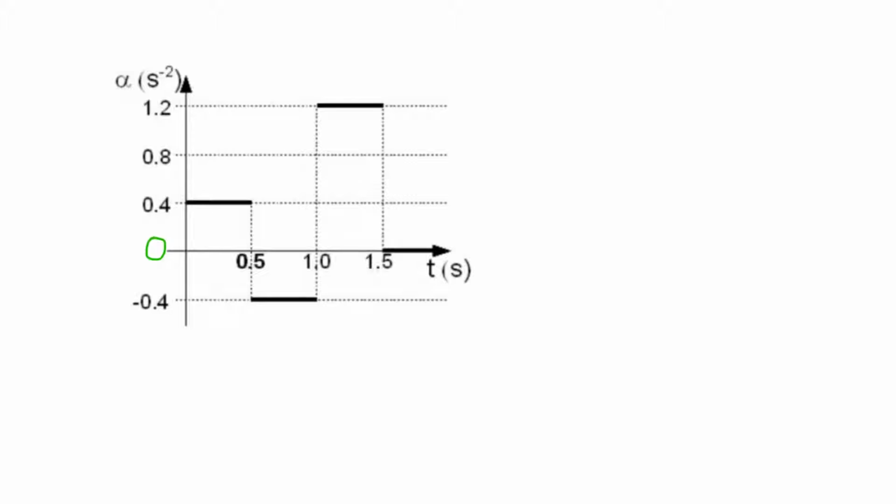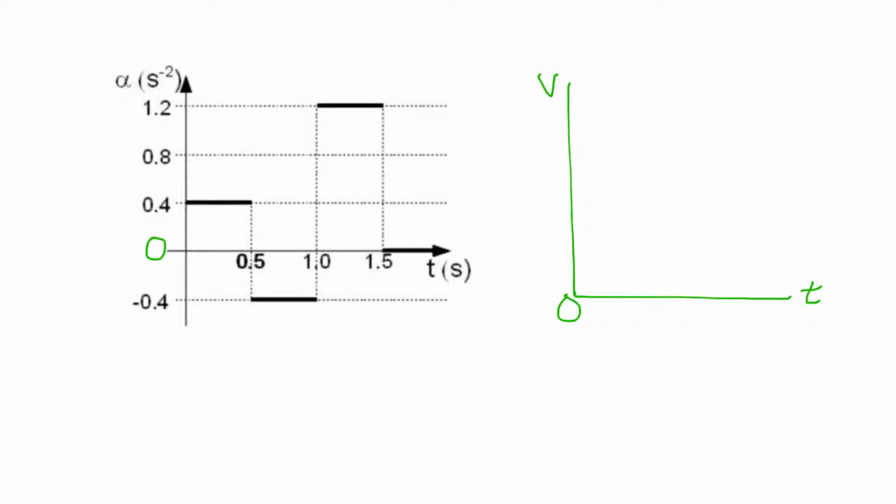Alright, so here we have an example of an acceleration versus time graph where we have a positive constant acceleration, and then we have a negative one and a positive one, and then one here at 0. So this corresponds to something we've already seen. If you have an acceleration that's equal to 0.4 meters per second squared, then that means that if you were to look at a velocity versus time graph,